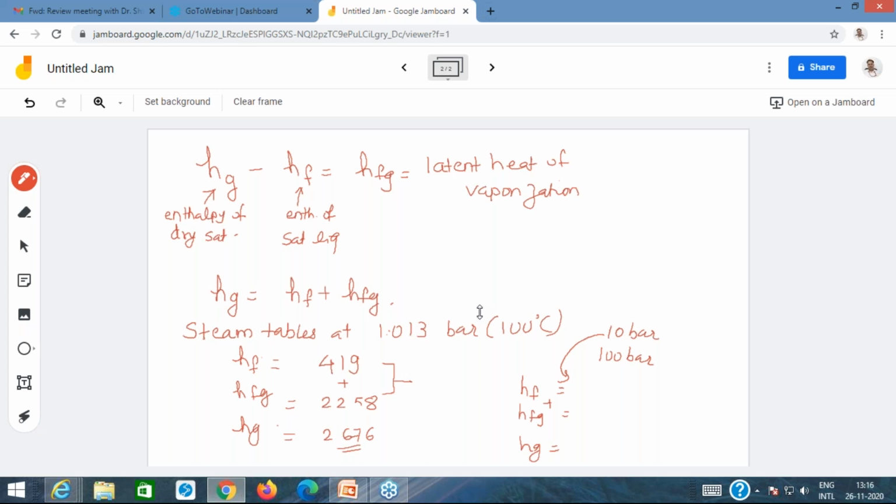See, I am again telling you that it is a good idea to purchase steam tables from the market. Okay, or if you are not physically able to locate that, or if it is not available in the market, get it photocopied. And the worst case scenario, use the online steam table. But you must be now looking for the values from the steam tables. Okay, please start looking for the values from the steam tables, because it is very important for you from the learning perspective as well as from the examination perspective.